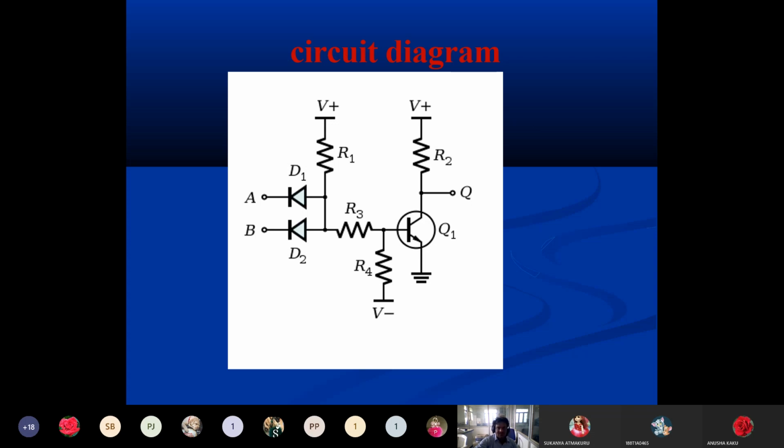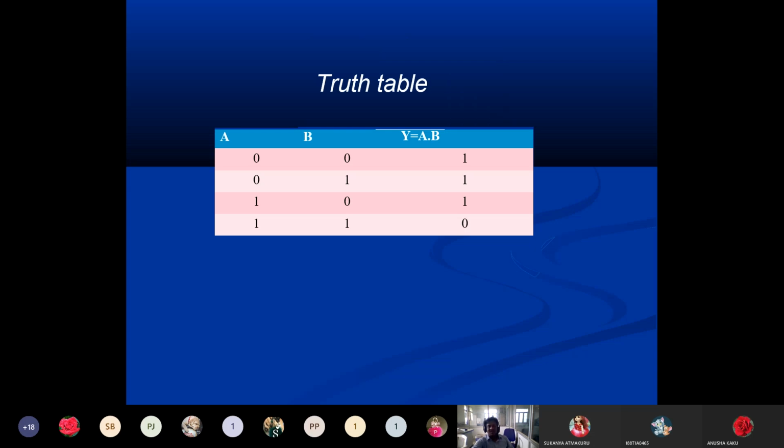Coming to the operation, this is the truth table, the NAND gate truth table, that means the inverting of the AND gate. In the AND gate truth table, if both inputs are 1, we get 1, and the remaining are 0. So in the case of the AND gate, only if both inputs are high do we get a high output. But here, if any one of the inputs is low, the output is high,